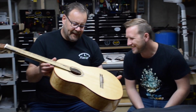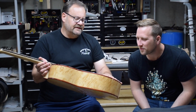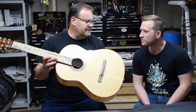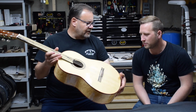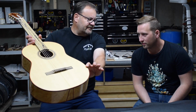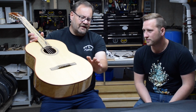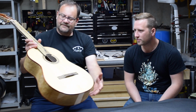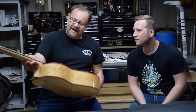And then this is Alaskan yellow cedar on the top. I did that because maple tends to be a bit bright, so this mellows it out a little bit. It's a very thick guitar for a classical style guitar, and this is because I needed the volume to generate the sound. So it's got an elevated...